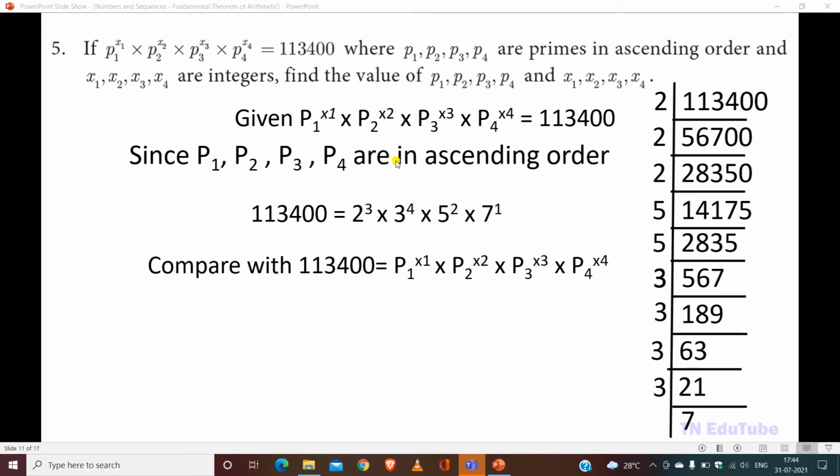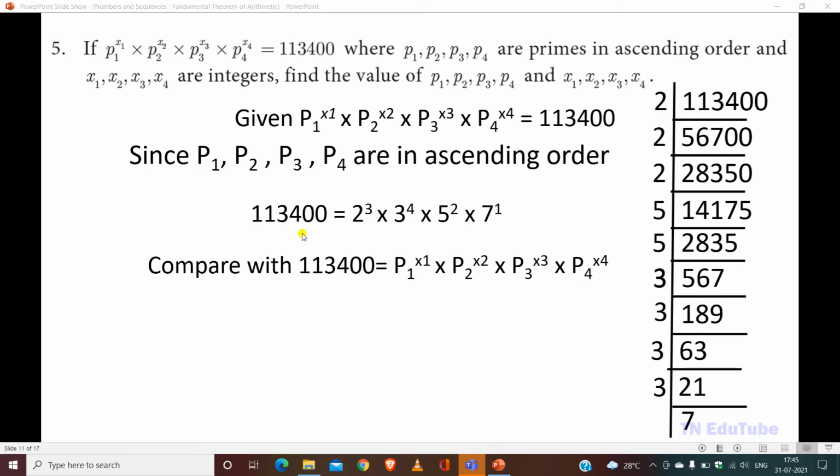So we can arrange this number in ascending order. That is, first the smallest factor is 2. So 2 power 3, 3 numbers are there. So 2 into 2 into 2, 2 power 3. Then the next greater number is 3. So 3 power 4. Here 1, 2, 3, 4. Next higher number is 5. So 5 power 2. Then the last number 7 power 1. These are the factors of